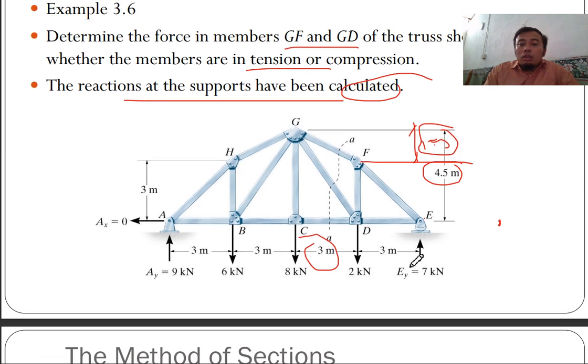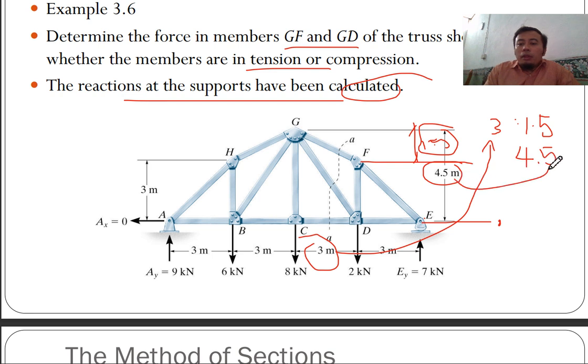And so if it's proportional, because when you want to drop 3 meter here, it is proportional to 1.5. So if you want to drop 4.5 meter here,